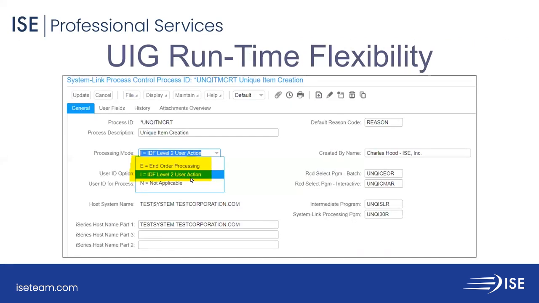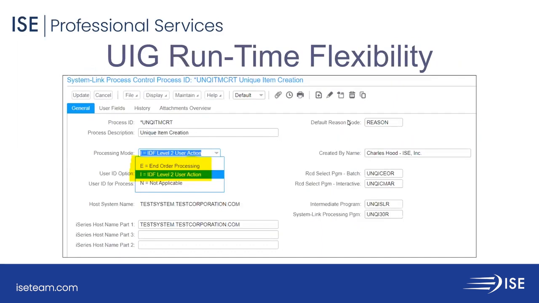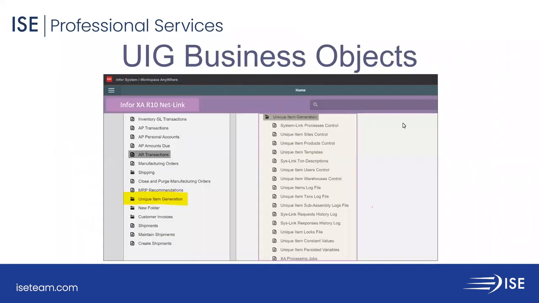You are flexible in how the UIG runs. It can automatically run, and you don't have to think of it through the end order processing. Or if you want to check each CO line item for configurations, make sure it really completed properly, then as a user action, you can click a little icon to run the UIG. We provide a lot of flexibility for how the unique item numbers are actually generated. Certain characters can be a prefix or a suffix. Then, of course, at some point, you have to guarantee